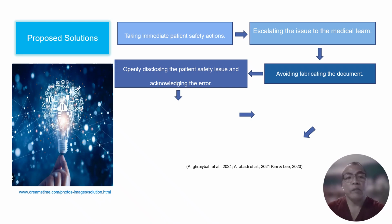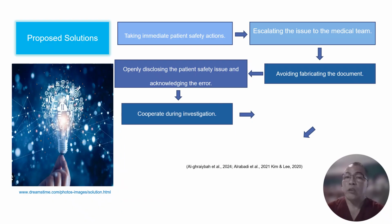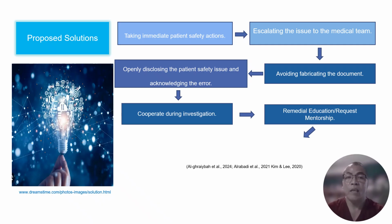It could ensure her accountability and professional integrity by showing remorse for her actions, which may be considered favorably by regulatory bodies and employers if the case goes to court. Moving forward, Emily should cooperate openly during investigation to demonstrate integrity and a willingness to improve, which may influence disciplinary outcomes. She should also undertake remedial education on medication safety, documentation standards, and ethical decision making to demonstrate proactive effort